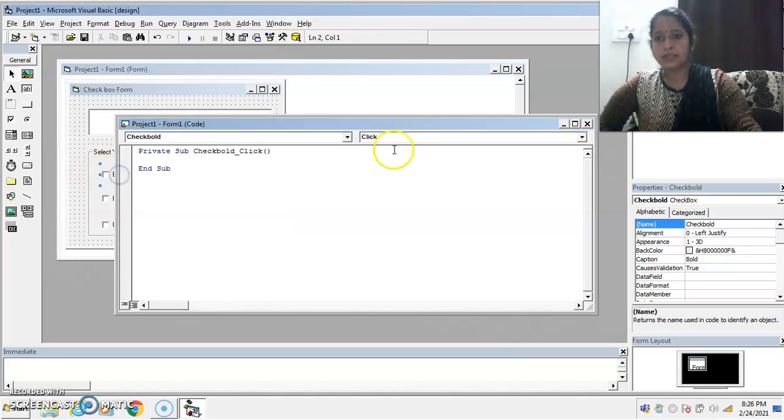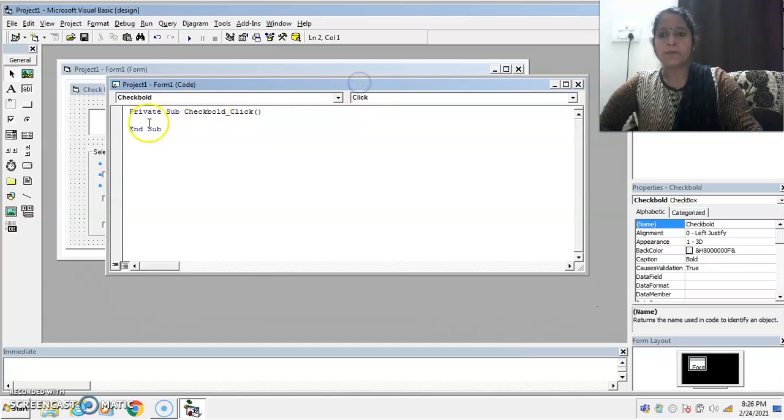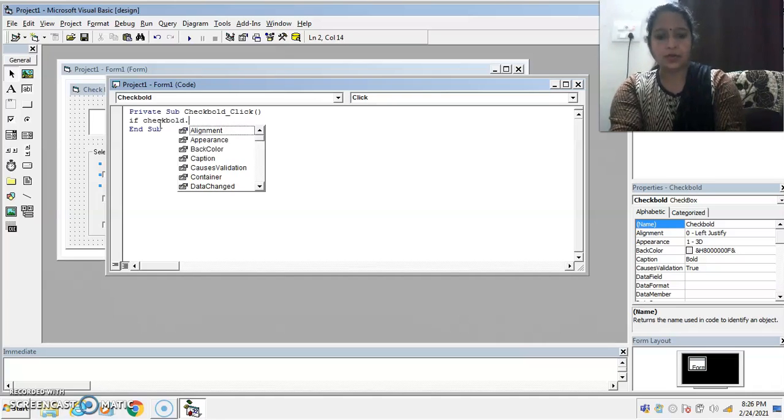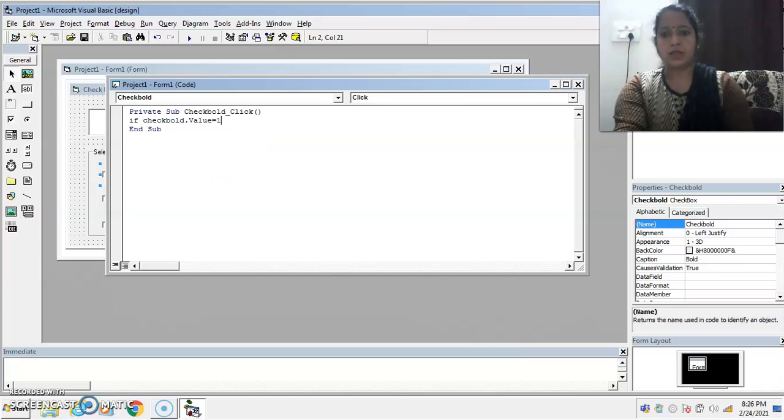For this, click on the code mode, double click. Now write down the coding for bold command button. If check bold dot value is equal to 1, means if the user selects the bold checkbox button, then what happens?